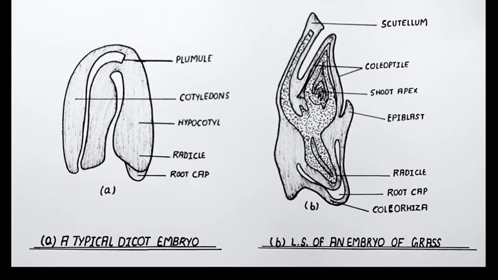Now the portion of the embryonal axis above the level of attachment of the scutellum we call the epicotyl. There are many examples of monocotyledonous embryos, like grass. As you see, it is a picture of the LS of an embryo of grass. Banana, bamboo, these all are examples of monocotyledons. I hope you all describe very well when I asked you the question on the difference between dicotyledons and monocotyledons, right beta?